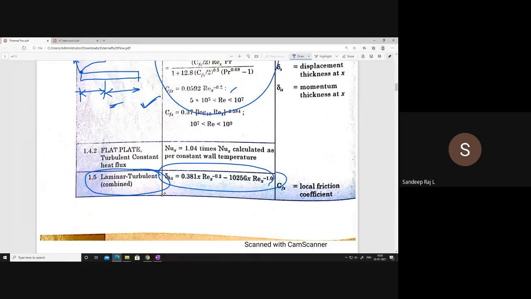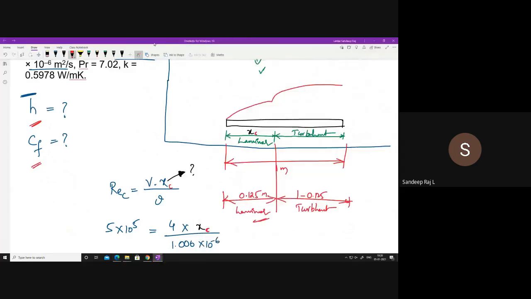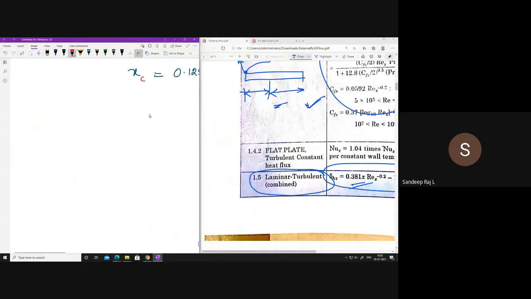Let us find out this delta_hx first. This delta_hx formula, let us write: delta_hx is equal to 0.381 into x into Re_x power minus 0.2,